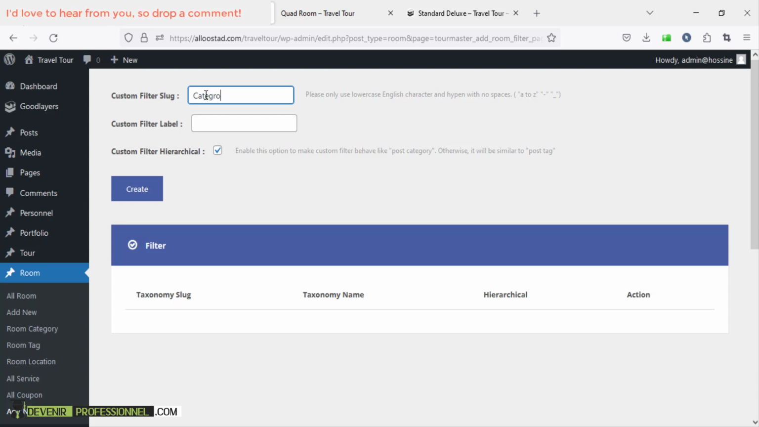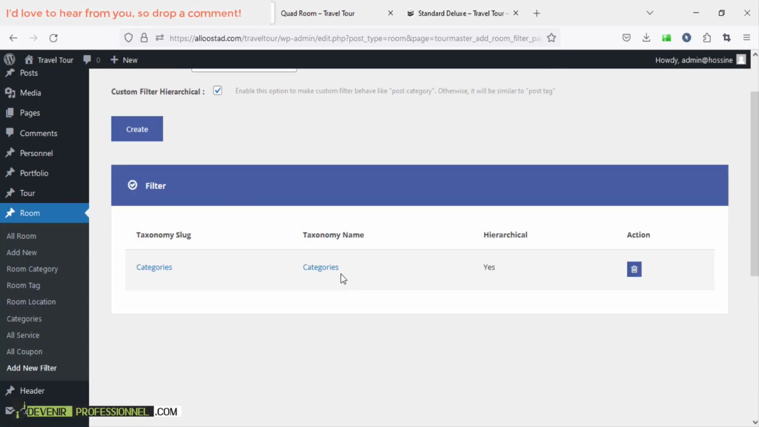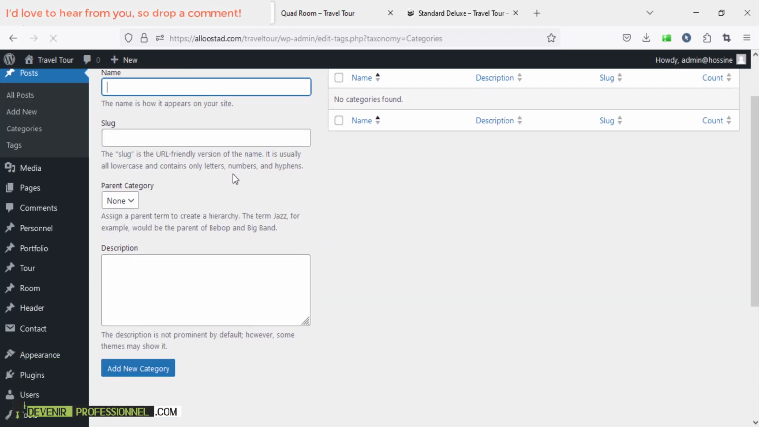Category, categories, create. Sorry. Categories, and you should write it here, categories, create. So here, operate and add, for example, a single room,